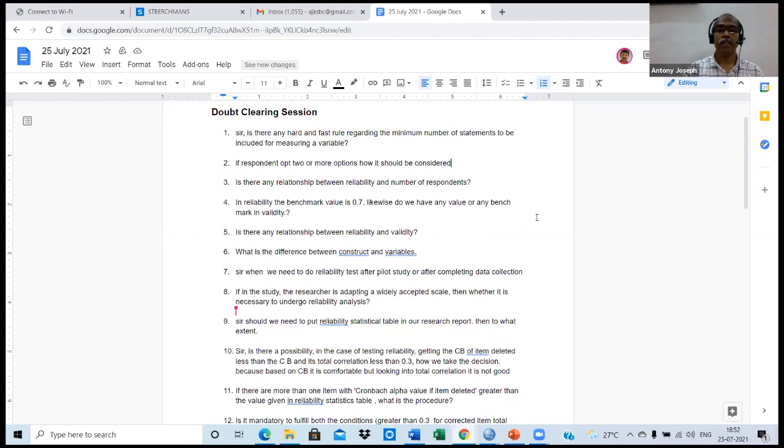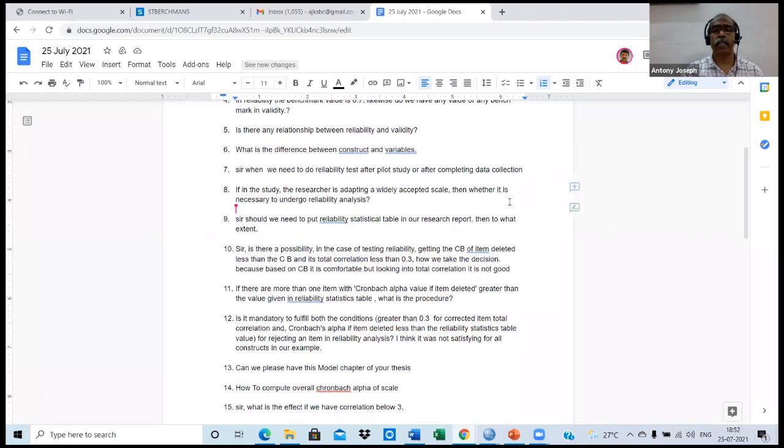Okay. Sir, is there any possibility, in the case of testing reliability, of getting the Cronbach alpha if item deleted less than the overall Cronbach alpha, and its item to total correlation less than 0.3? How do we take the decision?